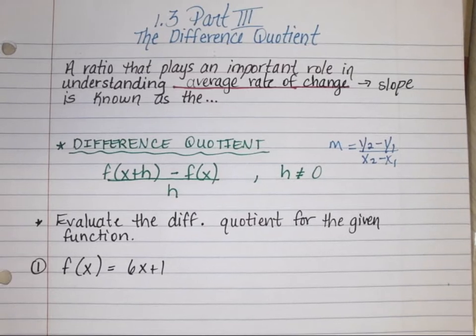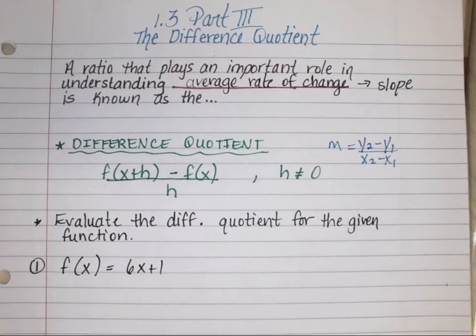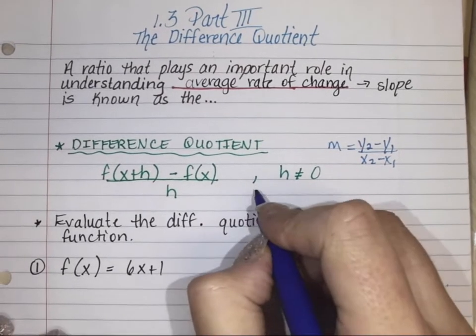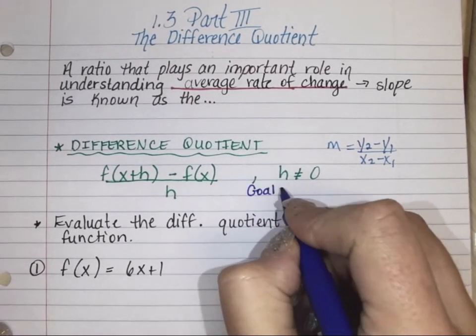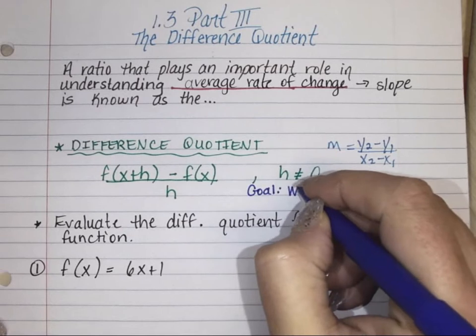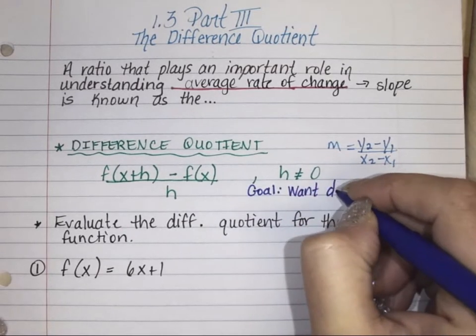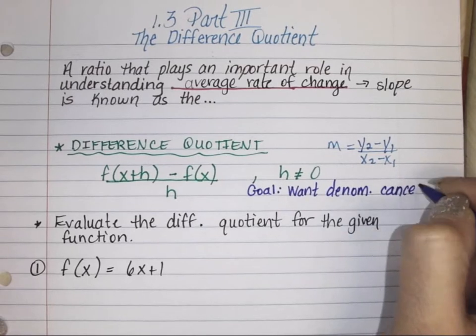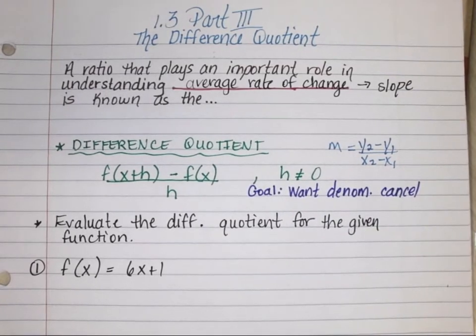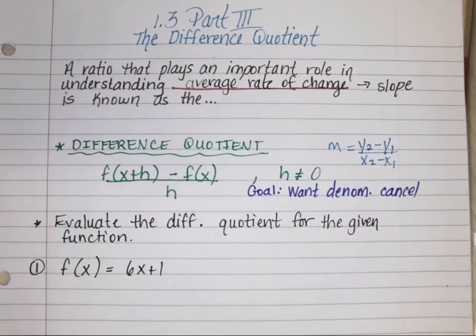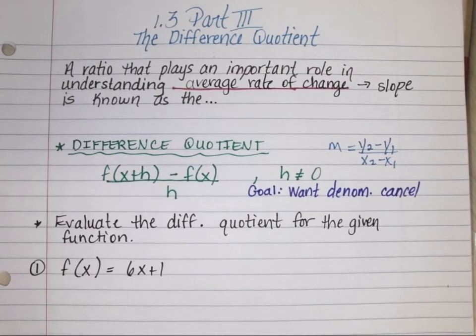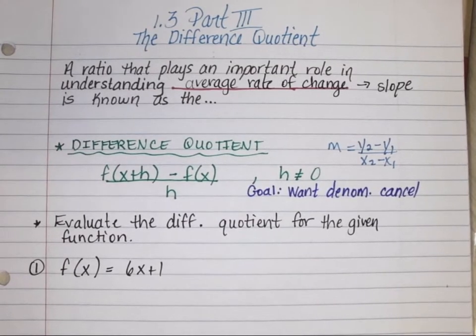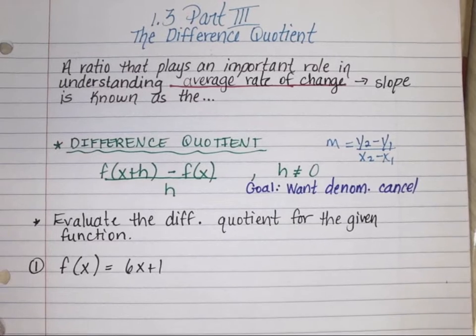Your goal when working these problems, you want your denominator to cancel as much as possible. So we want our denominator to cancel. And you're going to see, once you work them, you're going to see something kind of neat that happens, or you will appreciate it anyway. So the very first step